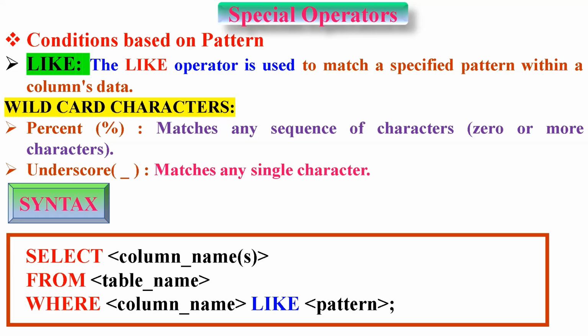Let's discuss the wildcard characters. The SQL like condition allows us to use wildcards to perform pattern matching. SQL provides 2 wildcard characters that are used while comparing the strings with the like operator. % matches any sequence of characters, 0 or more characters. Underscore matches any single character. The syntax is: select column_names from table_name where column_name like pattern;